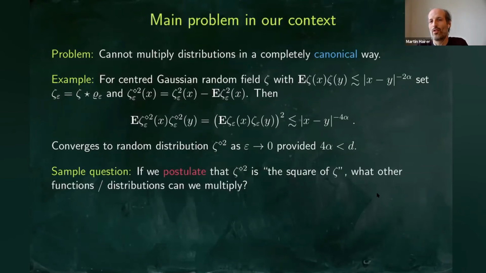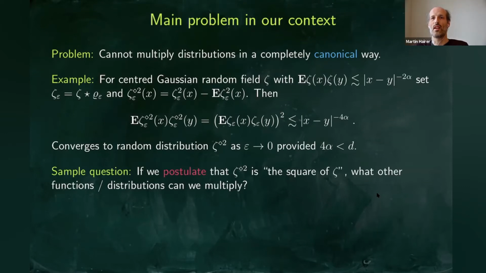There's not going to be any explicit formula for the solutions or anything. And so it's not clear, there's no guarantee that any sort of definition like that actually still works. Right? This is a very Gaussian kind of calculation. But still, we can ask ourselves, well, if we postulate, for example, that we have some random distribution zeta,